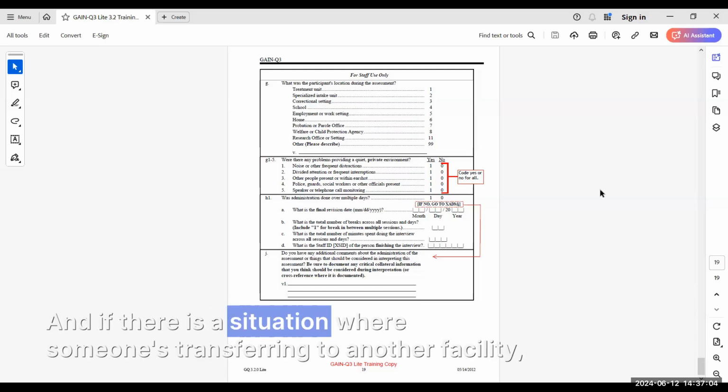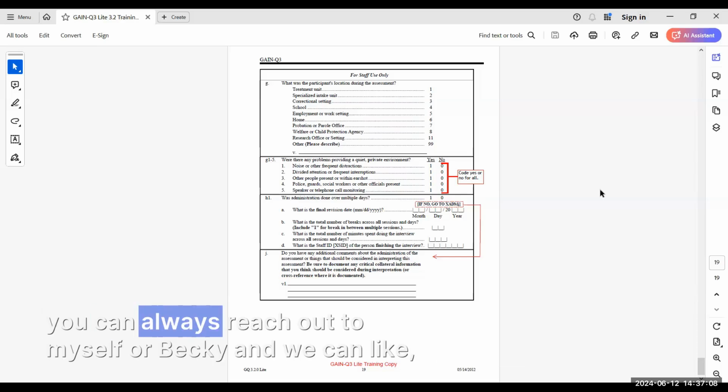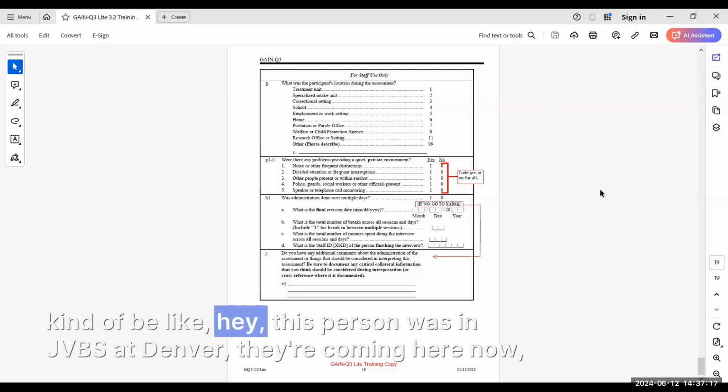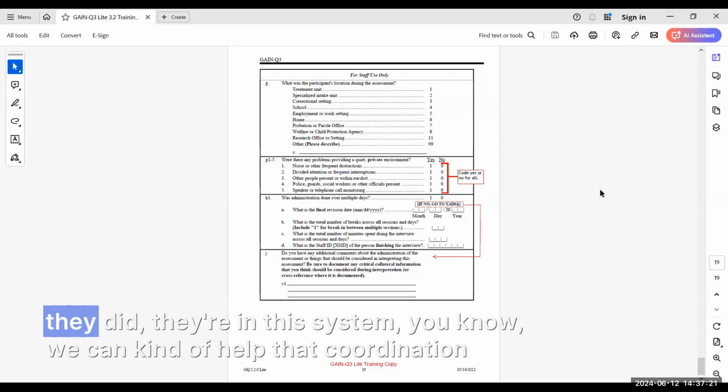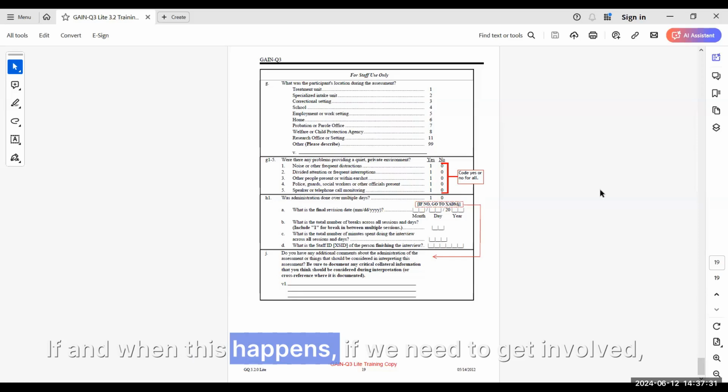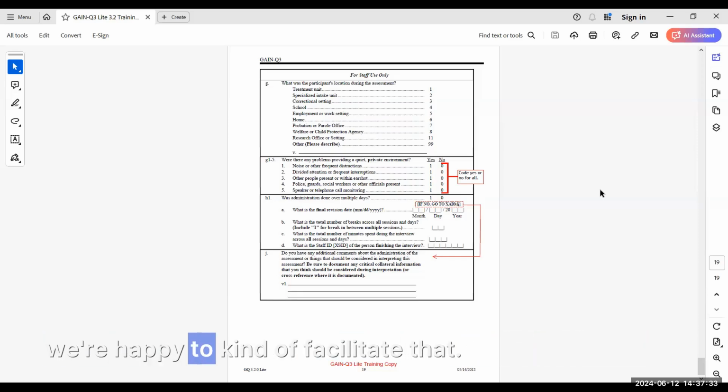And if there is a situation where someone's transferring to another facility, you can always reach out to myself or Becky and we can connect you with somebody else from that other facility and say, hey, this person was in JBBS at Denver. They're coming here now. They're in this system. We can help that coordination happen on our end as well. So please don't hesitate. If and when this happens, if we need to get involved, we're happy to